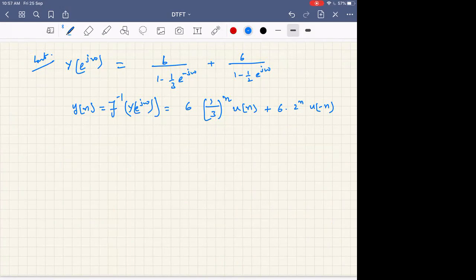So let us see one more example. In this example, all the times we may not specify the input output relations of systems through explicit values of x of n and h of n, etc. Sometimes, what is the other way of defining the system or giving information about the system? Can any of you tell? Is there any other way of giving the information of the system?